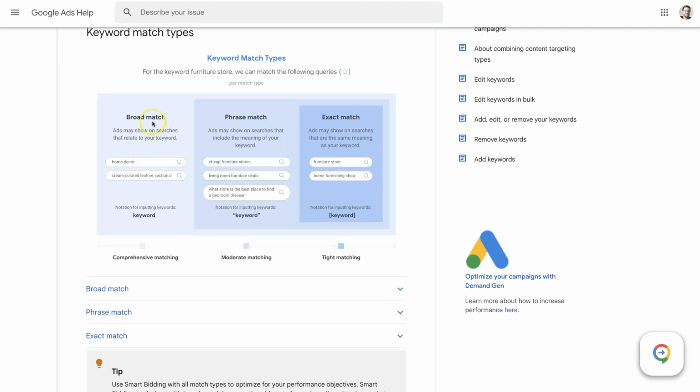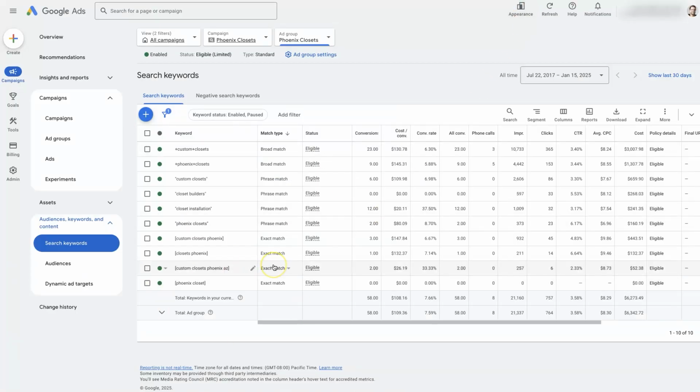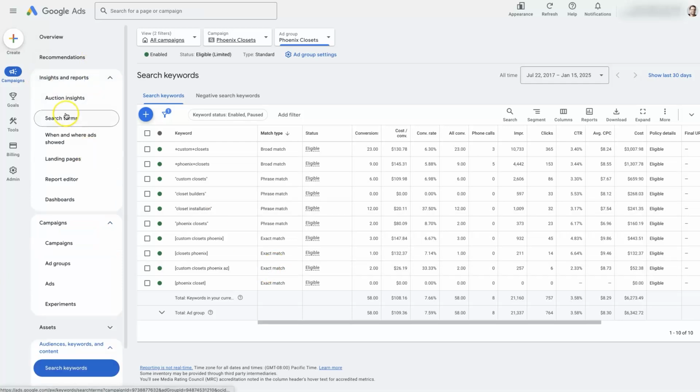Could be quite different. So broad match is almost like a Hail Mary where you're just casting a huge wide net, seeing what all comes through. From there, as you're targeting these different match types of keywords, you're going to start to get a bunch of clicks coming through. Then if you head over to Insights and Reports and open up the search terms right here,